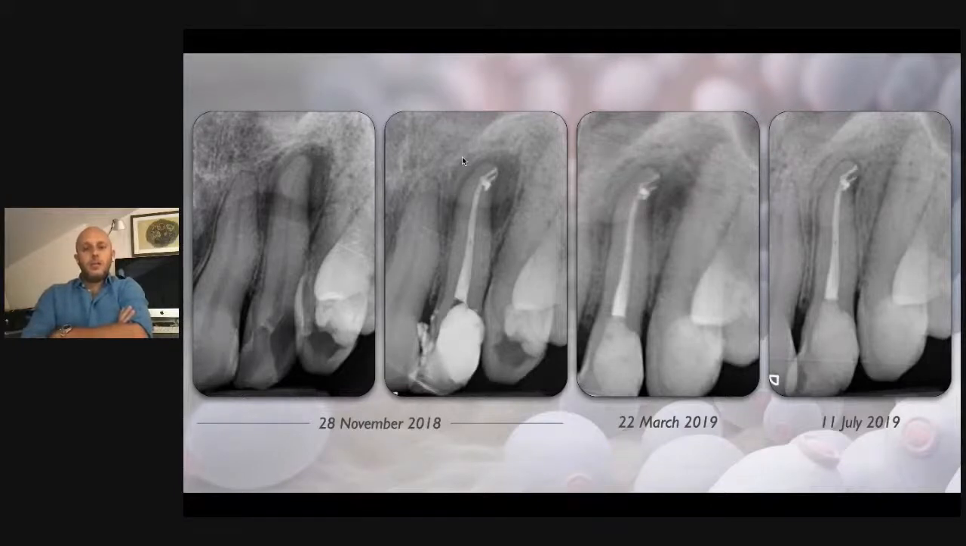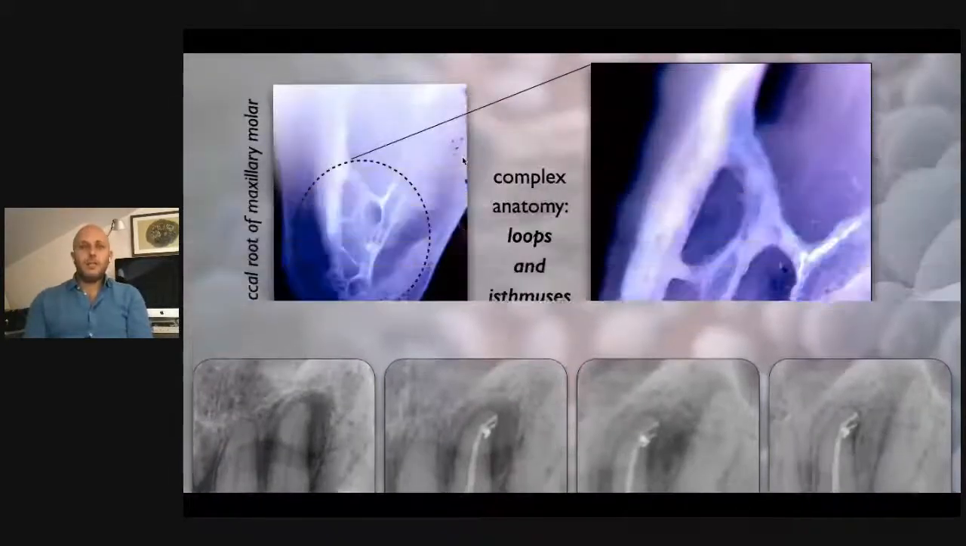And the action of the irrigating solution gave me the opportunity to seal in the best way possible the apical third, the apical delta. You can see in these images the obturation of the apical third and the healing, after 8-9 months, of that huge apical lesion. And this result is what we can obtain every day in our daily practice, because